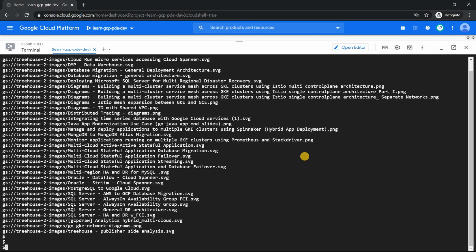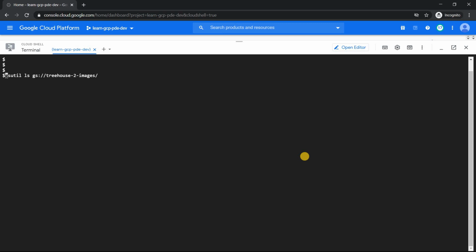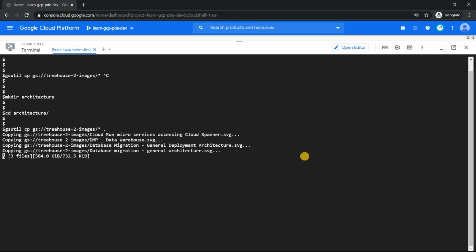Now what I can do is, if I want, I can copy the entire contents, even though it's public, in one shot to my system. I just make a directory called architecture, go inside it, and then do gsutil cp with gs://, the bucket name, and a star for the architecture images.